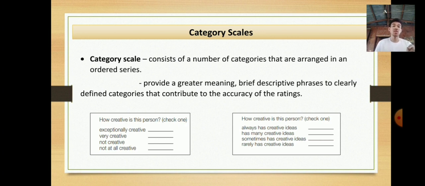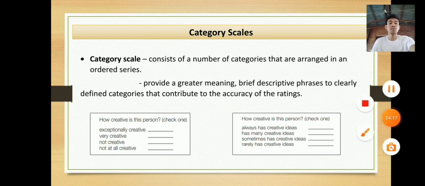I-check mo yon kung doon siya. Has many creative ideas. Kung doon lang siya nararapat, i-check mo lang doon. Sometimes has creative ideas, rarely has creative ideas. So i-check mo lang kung saan siya naka-category, kung rarely, sometimes, many, always siyang na-category na creative ideas. So naiintindihan po ba sa category? So kung naiintindihan, punta tayo sa